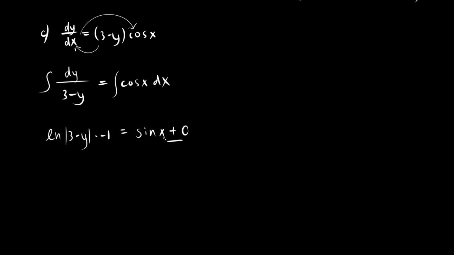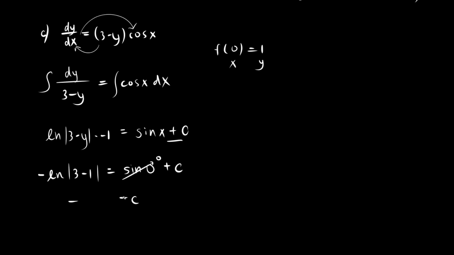Now we can solve for our only constant of integration with the initial condition that f of 0 is equal to 1. So if we plug in 1 for y and 0 for x, we get negative natural log of 3 minus 1 is equal to sine of 0 plus our constant. Sine of 0 is 0, so we get our constant is equal to negative natural logarithm of the absolute value of 2. So now we can write our solution